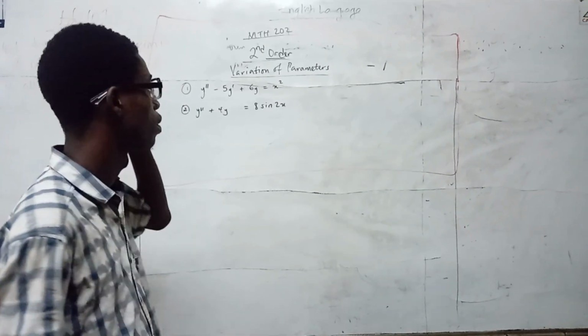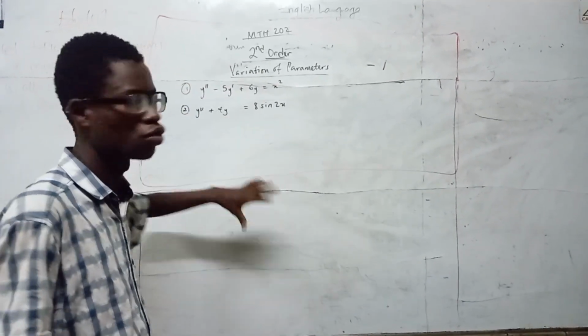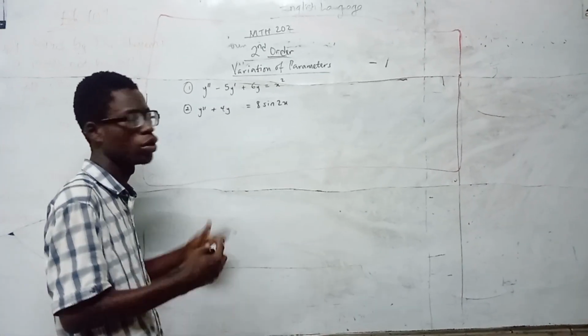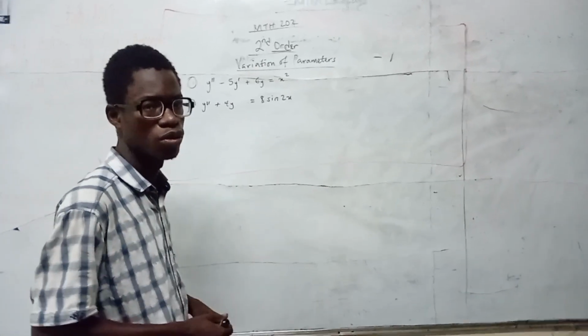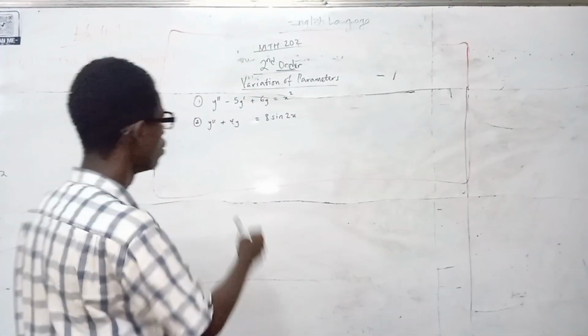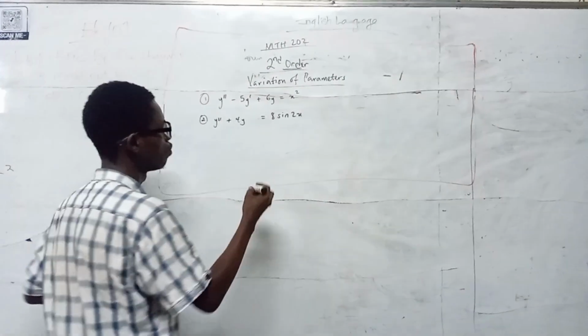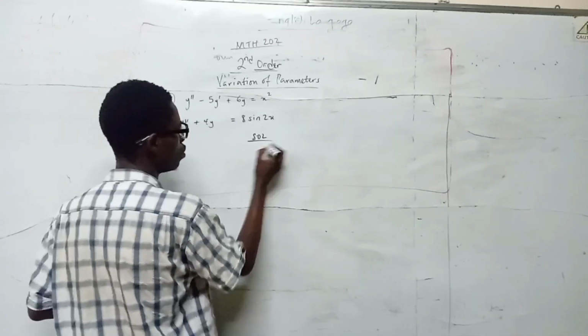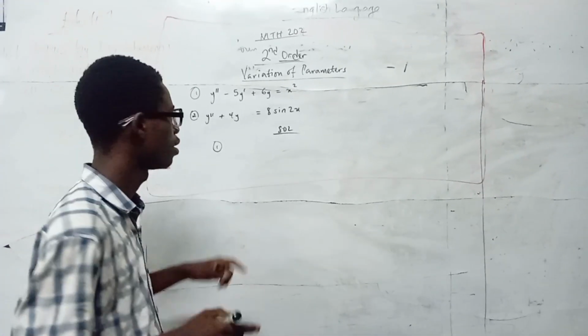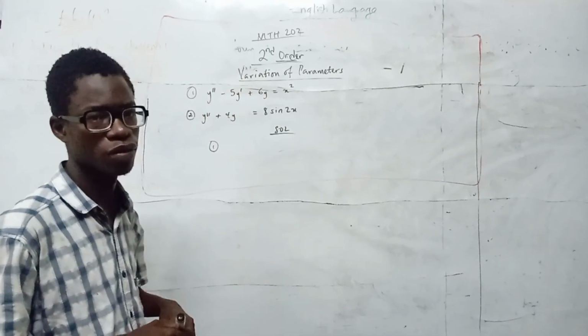We are going to be talking about using variation of parameters to solve ODEs of this form. In the previous video we used the method of initial guess, that's the method of undetermined coefficients. To solve this kind of question using variation of parameters, the first thing, as I said, is to always solve the homogeneous part of any ODE